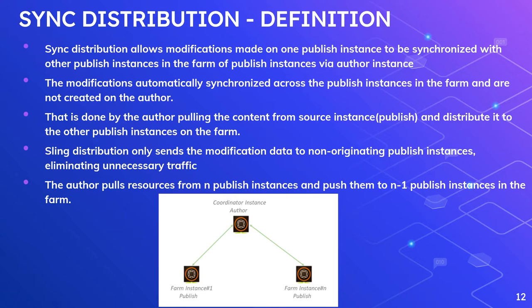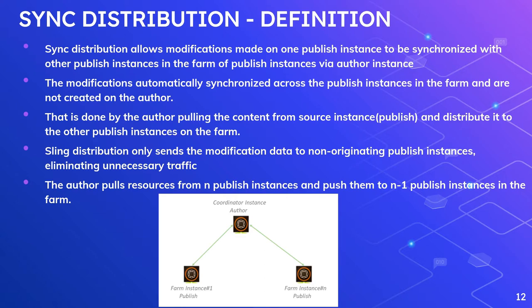This video is created based on AEM as a Cloud Service, with local author and publish instances. The social user sync module is removed from AEM as a Cloud Service, so due to that, some additional configurations are required to enable the sync distribution between publishers. In earlier versions, the social user sync module had some of the required configuration to enable the content sync, but that module is removed from AEM as a Cloud Service. So we should be doing some additional configurations. I am using the OSGi system console to enable the required configurations for the demo. Use run mode specific OSGi configurations while implementing content distribution in your project.